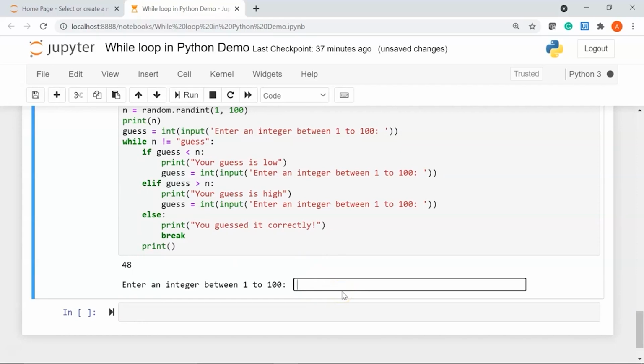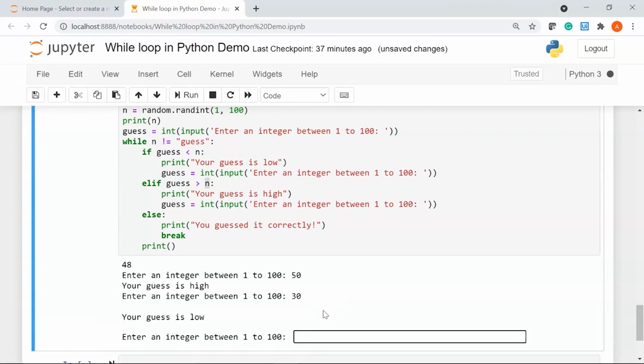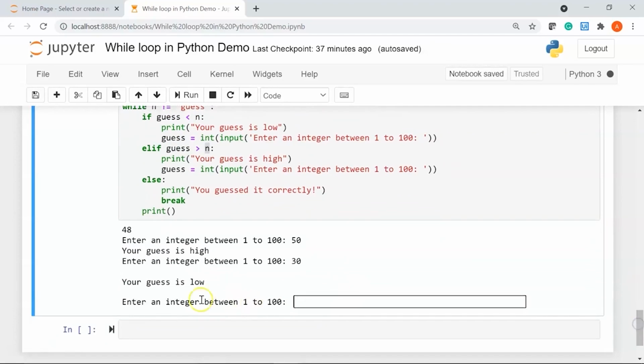Let's say I enter 50. You see here your guessed value, that is 50, is more than the random integer 48. So we have the message your guess is high. Let's say I'll say 30. This time my guess is low, you can see it here.